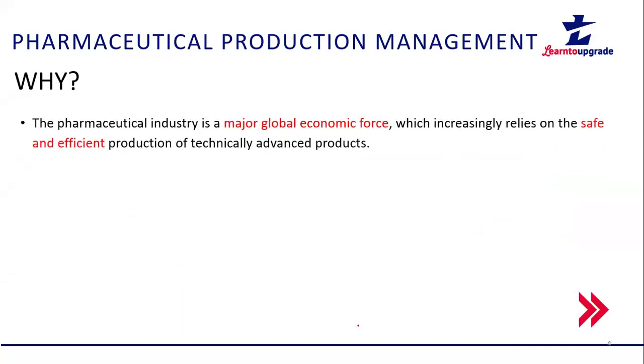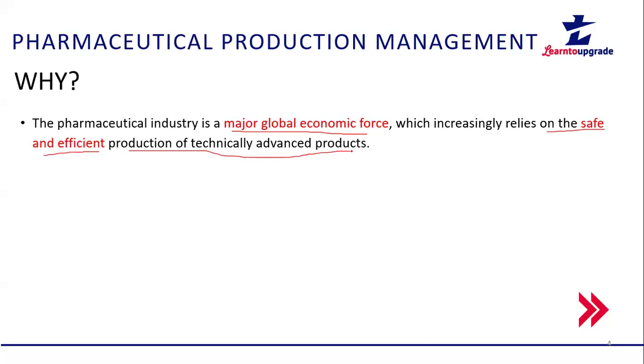So why is this important? The pharmaceutical industry is a major global economic force. During the pandemic, you have seen the vaccine politics that took place, right? We have seen that many countries used their political power to get early approvals, late approvals, or banning of a few vaccines during the pandemic time. So the economy is dependent upon the pharmaceutical supply of drugs, right? So the global economy is one of the major factors that the pharmaceutical industry contributes to, and with increasing reliance on two things, that is safety and efficacy, production has taken leaps and bounds, and